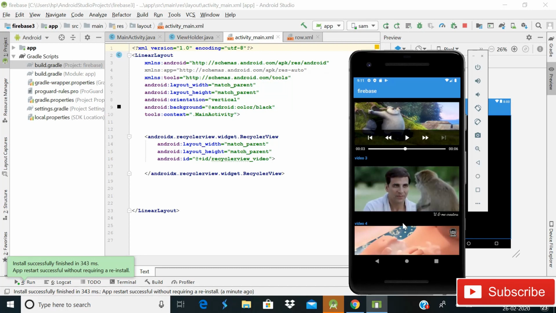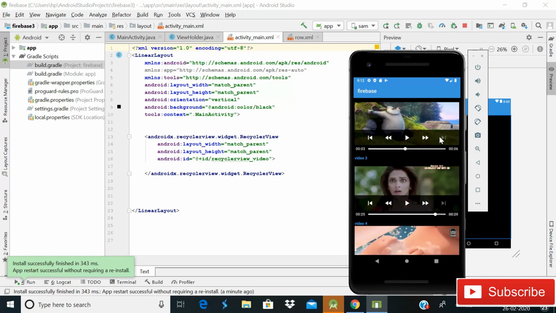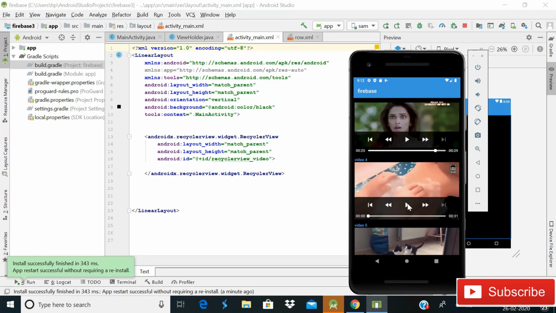Whenever we want to stream videos, ExoPlayer is best, because if you use VideoView or ListView, it may create problems. That's why I recommend you use ExoPlayer. As you can see, videos are streaming very smoothly. There is no error. You can play any video.